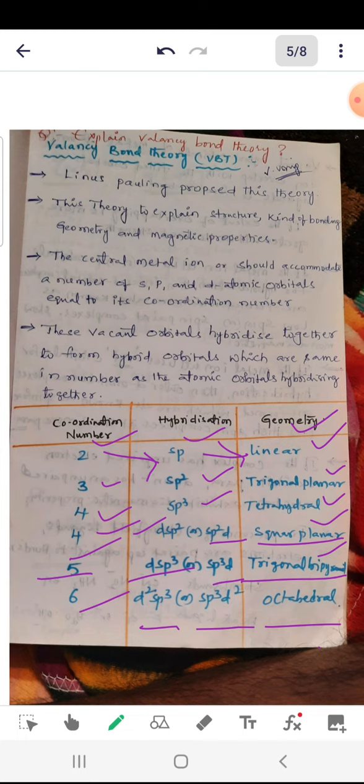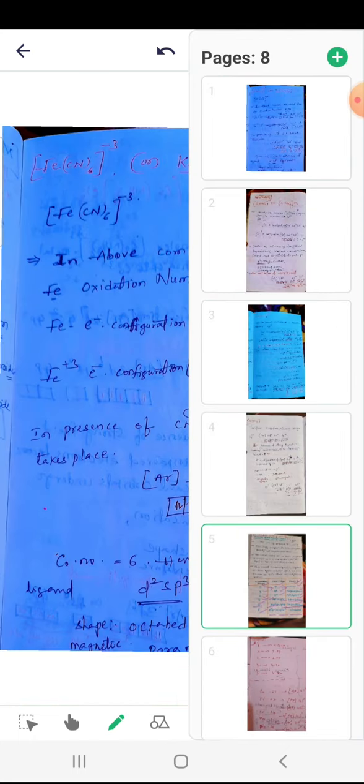ligand nature, strong field ligand or weak field ligand. So let us take some more examples of compounds. First compound here,